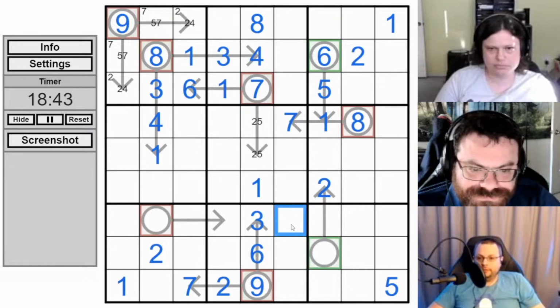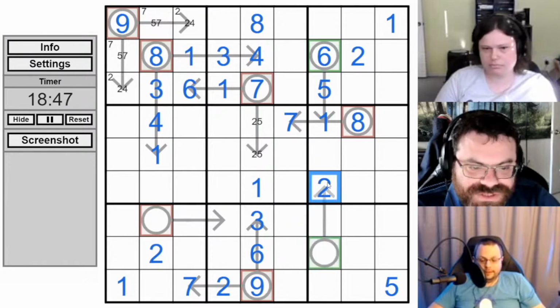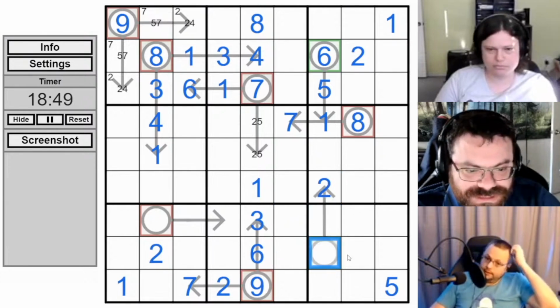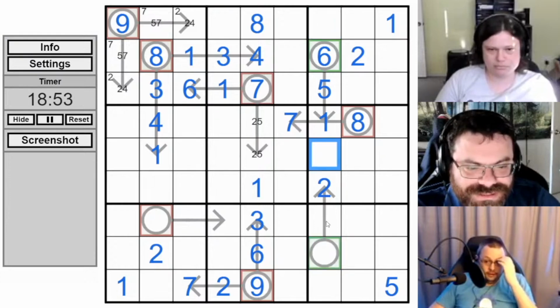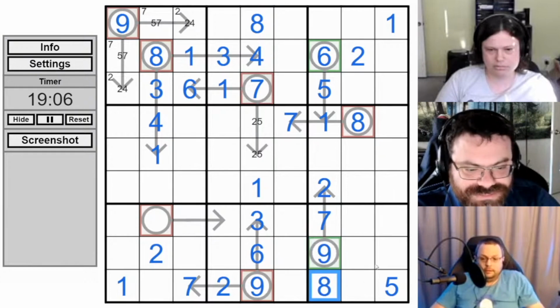Should we try and force the other column 7 arrow? This one here. There's a 2 on it, so that seems nice. This places an 8 somewhere. Not here, not here, not here. So there's an 8 down here somewhere, and a 9 automatically. That's fine. Which means that this is a 6 or 7. And it has to be a 7, and it sees a 6. So that's 7, and that's 9, and that's 8.